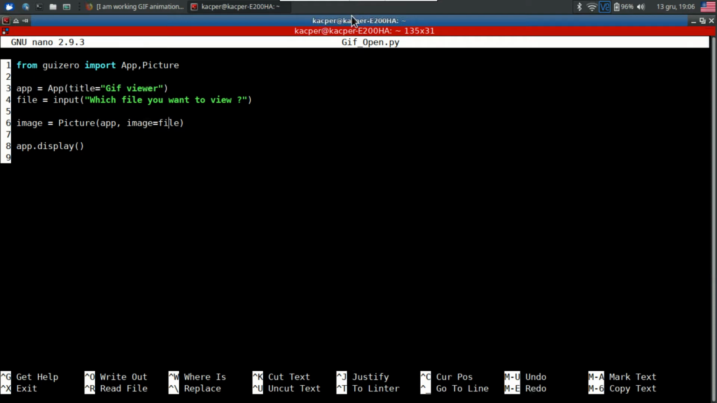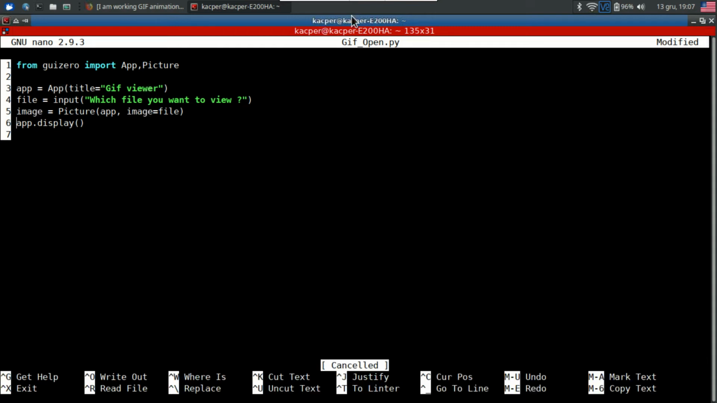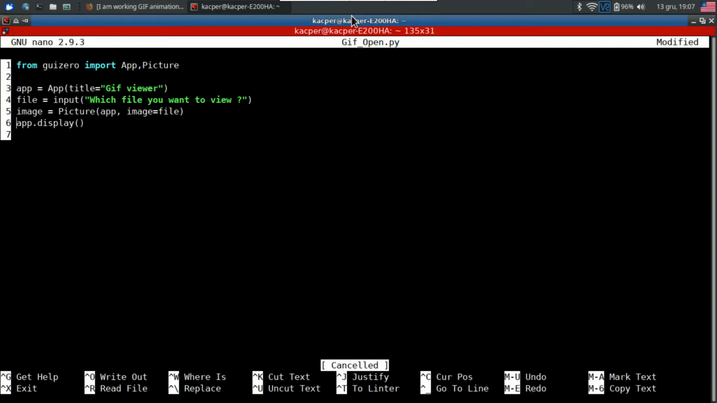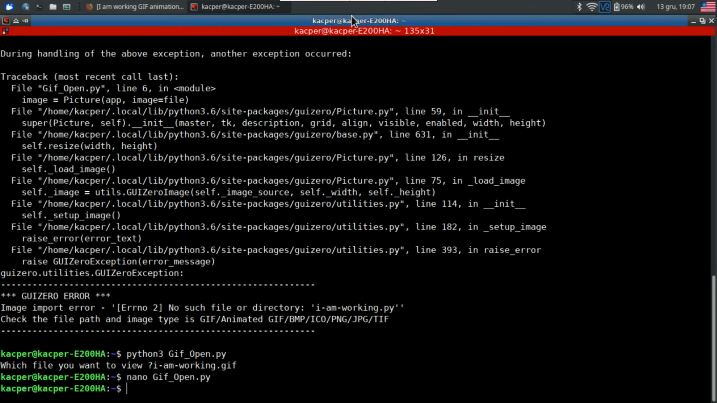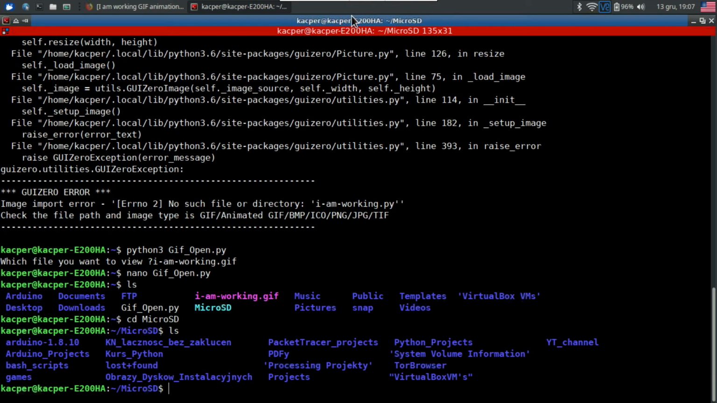This is good. It asks for input, renders this thing, and then we have the function which is app display. Okay, let's save this. And somewhere in my microSD card, because I'm on my laptop,